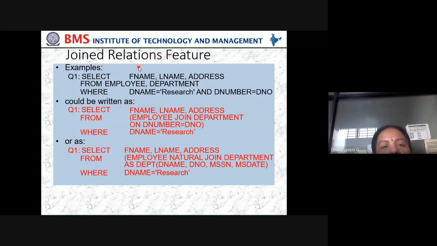Now the join relation feature: select first name, last name, and address from employee E, department, where D name equals research and department number equals department number. It can be written as select first name, last name, address from employee join department on department number equals department number, where D name equals research, or as select first name, last name, and address, the same query.